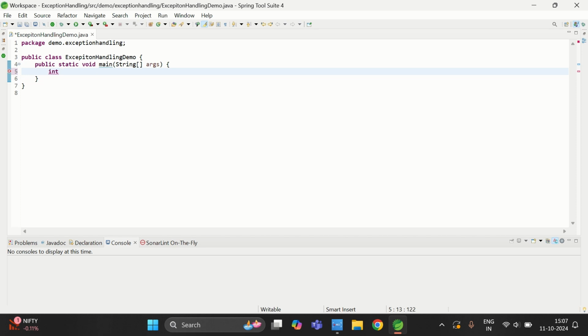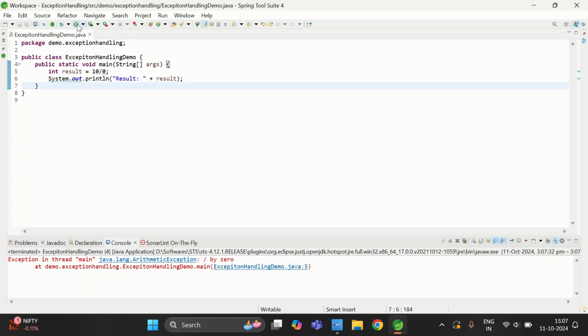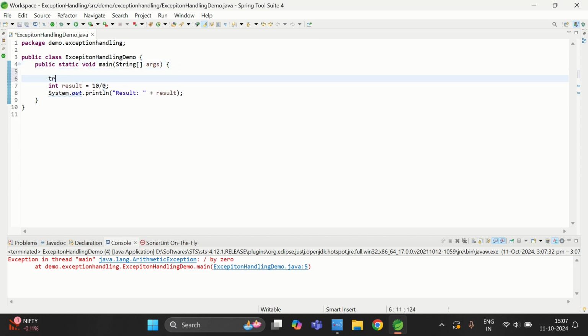Let me type int result is equal to 10 divided by 0. This example we have already shown in the last tutorial as well. Result colon plus result. Let me save. Now if I try to run this code, we know it will raise an arithmetic exception. Now to handle this exception, we can write this code under a try block,